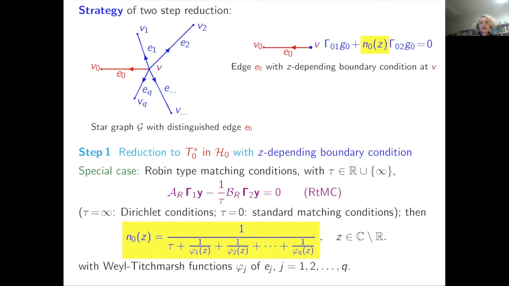And the phi j are the Weil-Titchmarsh functions of these linear relations of the edges 1 to q. So this is a very nice form, and this is the N0 which goes into this condition here. Now the second step